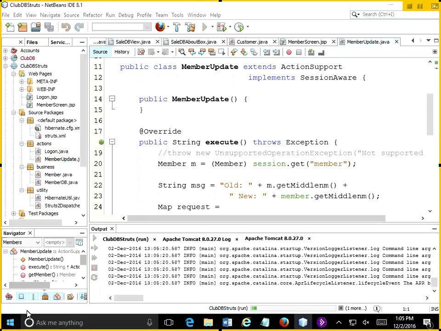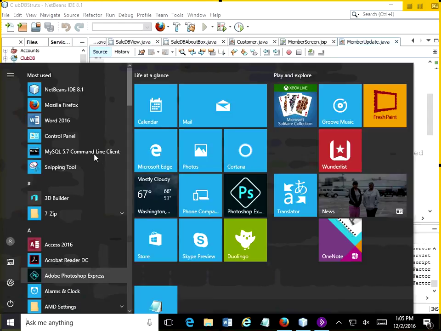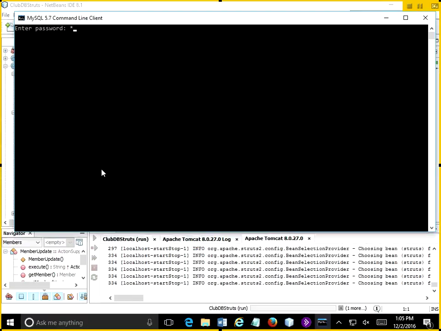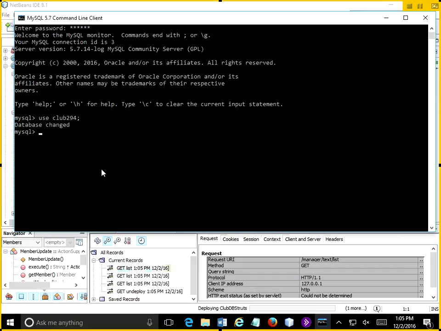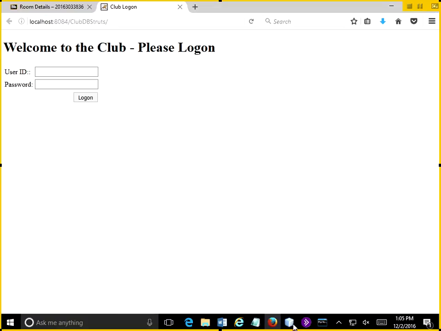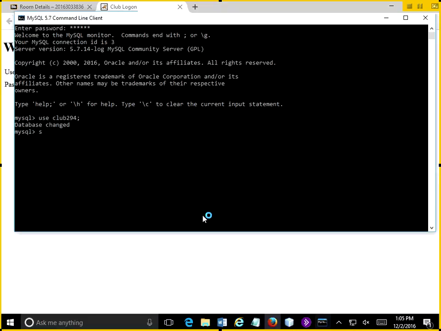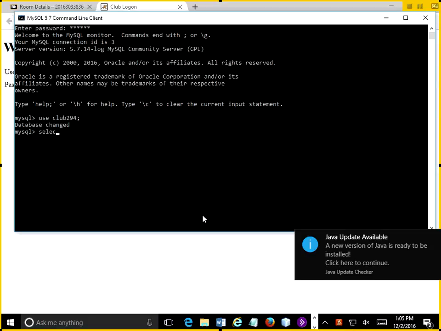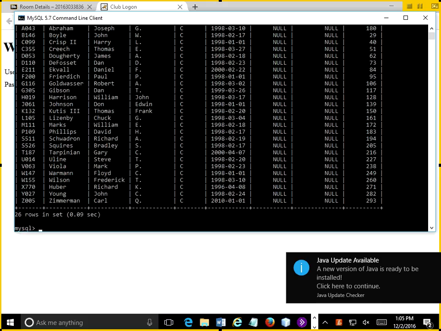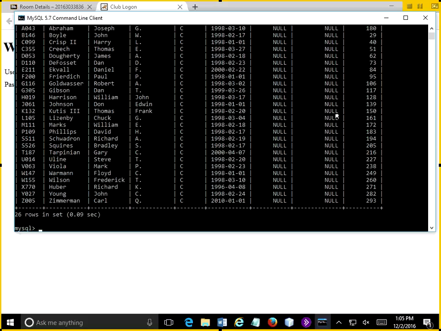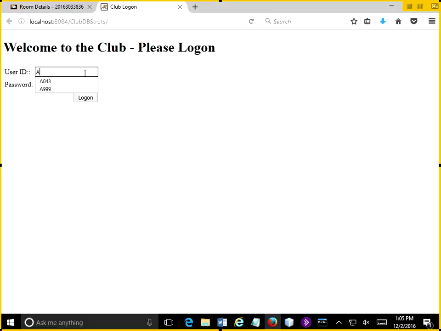Oh, I guess I also need to open my command line client to use my Club 294 database. Okay, here comes the screen. I needed to remind myself. I select star from TBL members. I'm at 180 on my password for my A043 record. All right. So A043 with the correct password